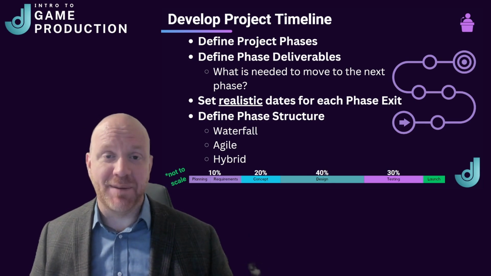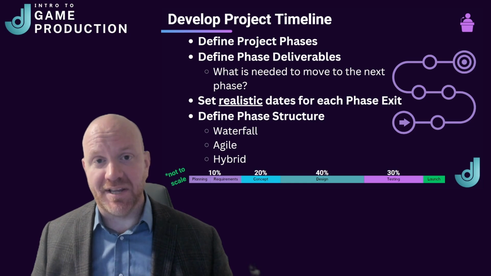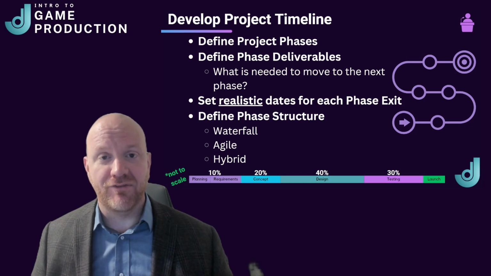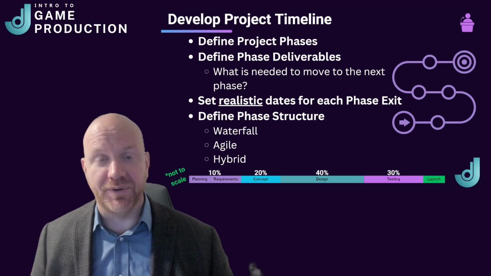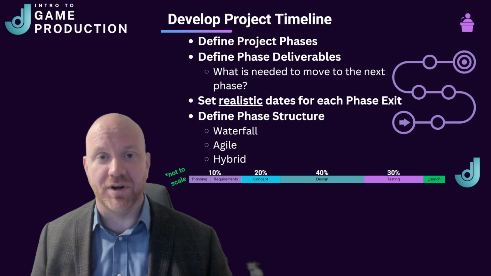The design and implementation phase is where a lot of the work is going to be done. So this will take up a majority of the project's timeline. In a 10-month project, this should take about 4 months of really building out each of the game's features and making sure that they all work together.